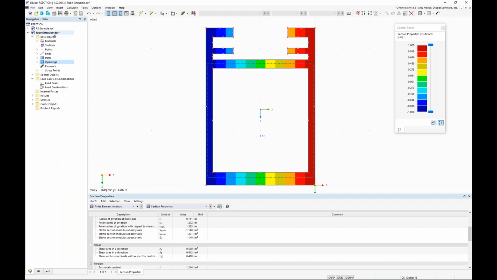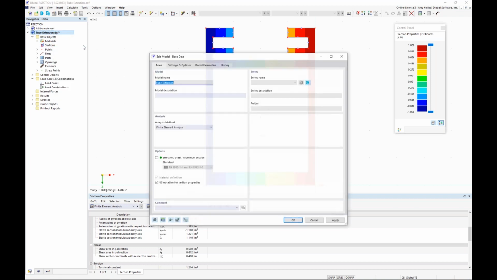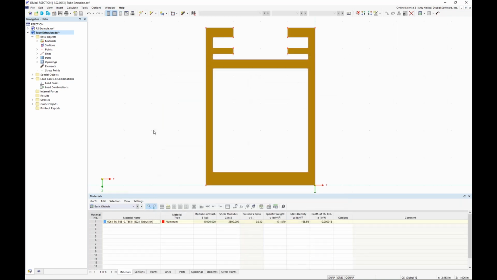So what I will do now is to right-click to go back to the base data and instead change the analysis method to thin wall. I click OK. Now, everything that you have seen up until this point is still applicable for the thin wall analysis. We have to create the part, we have to create the opening, but we take it a step further